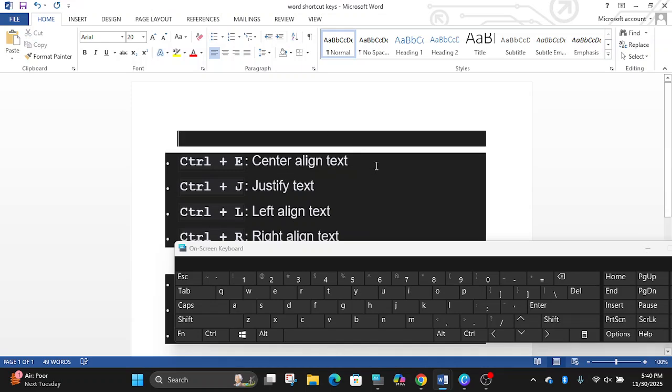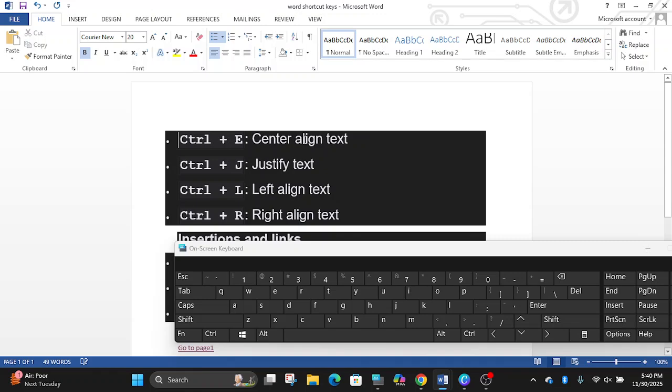Control plus E, center. Here, when you point your mouse at align left, it says Control plus L, and Control plus E in parentheses. The same goes for the others, you can get the shortcut keys. Control E is center.